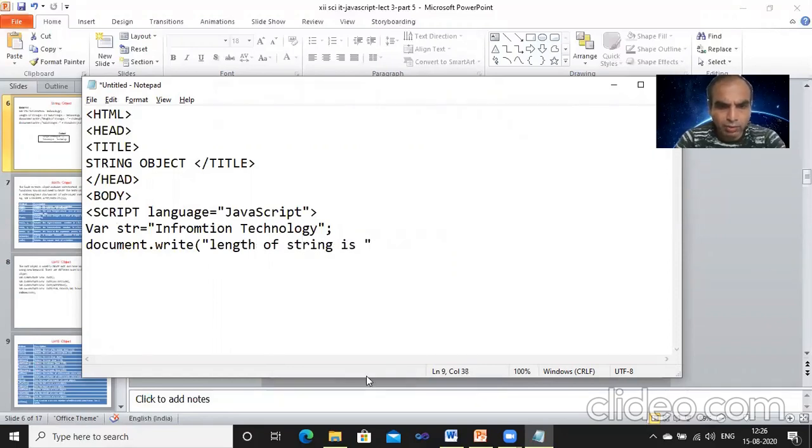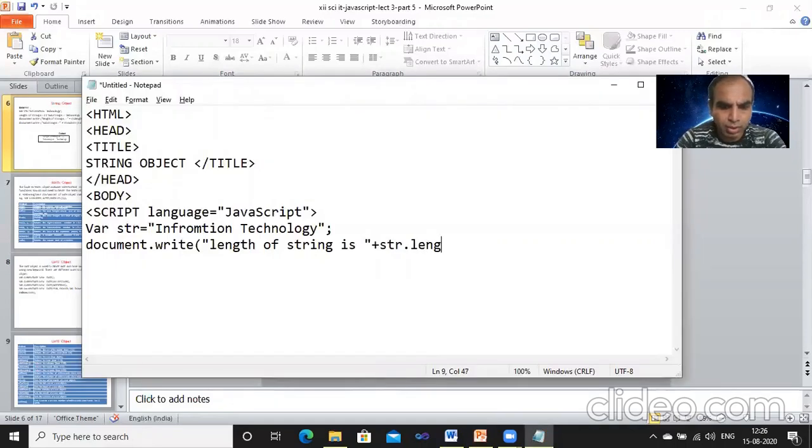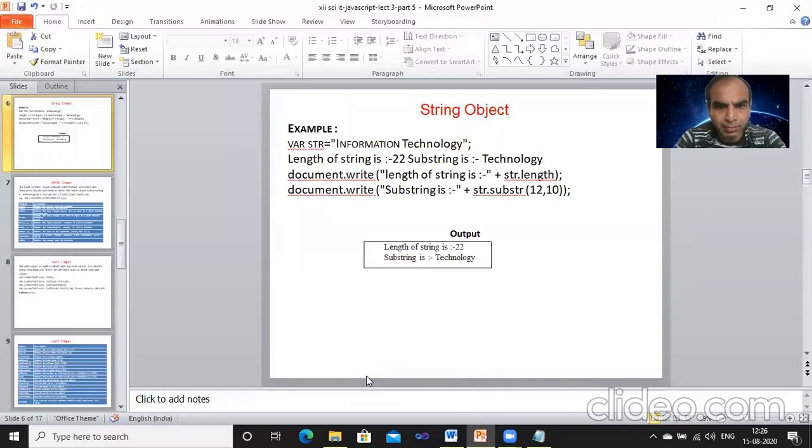Then after that the concatenation operator plus str.length. Length is a property, not a function, and we use it to find out the string length.